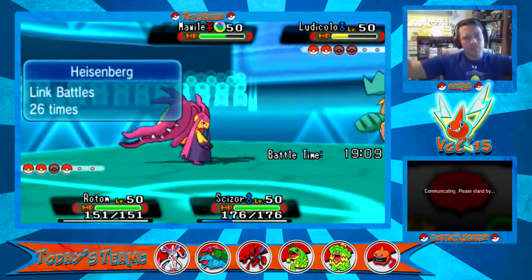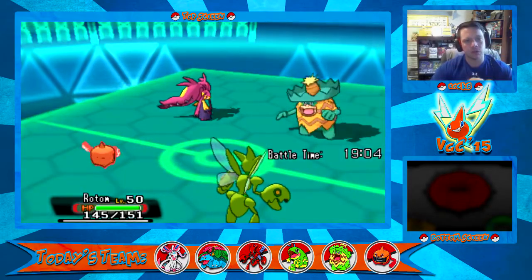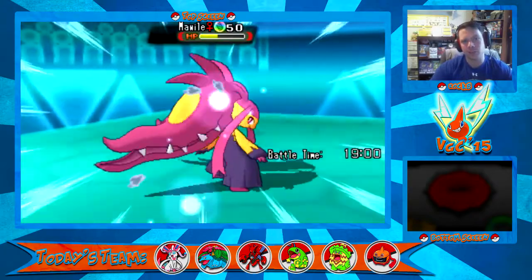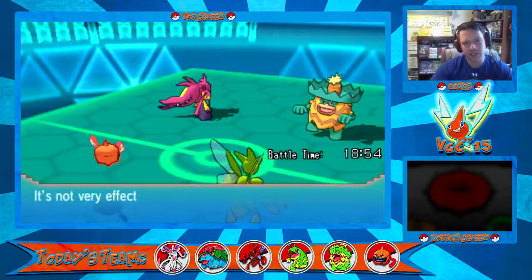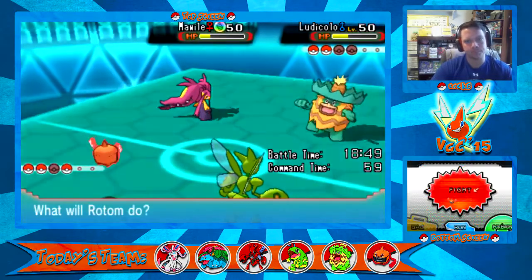You fake out the Rotom, I'm going to Bullet Punch this Mawile. And this is going to do a considerable amount of damage. Not going to KO it, but yeah, that's good. It's going to Iron Head my Scizor, which is fine. Can't do anything with an Iron Head with either one of my Pokemon. Can't KO them with